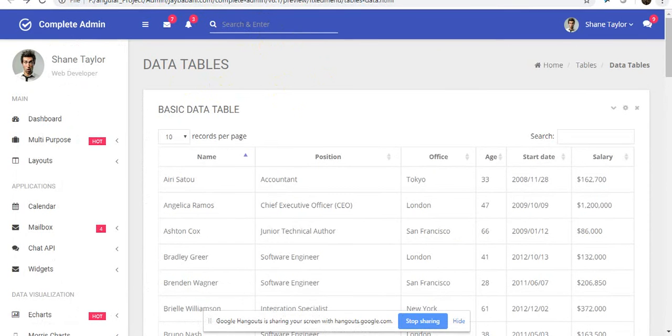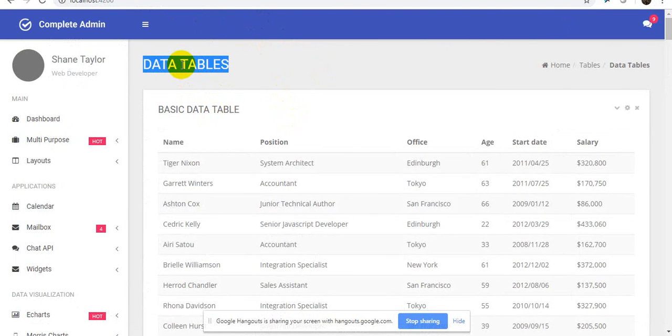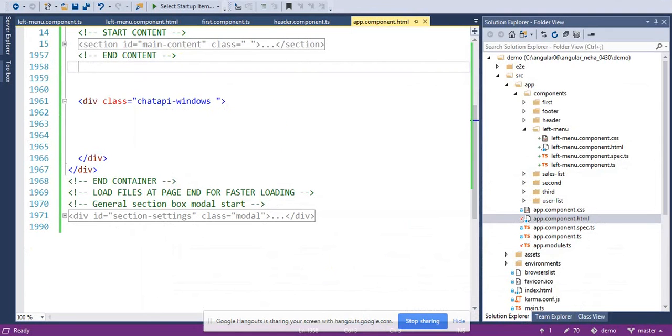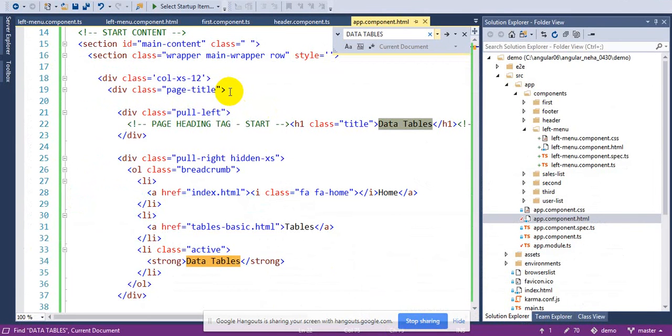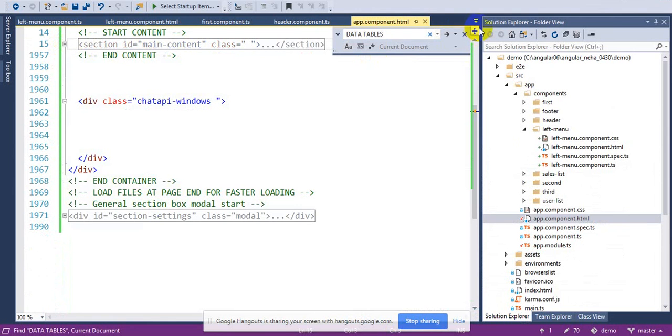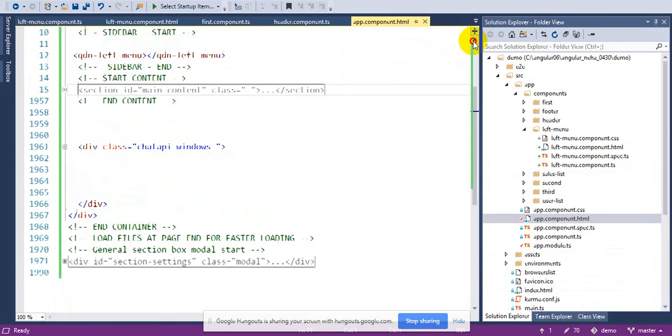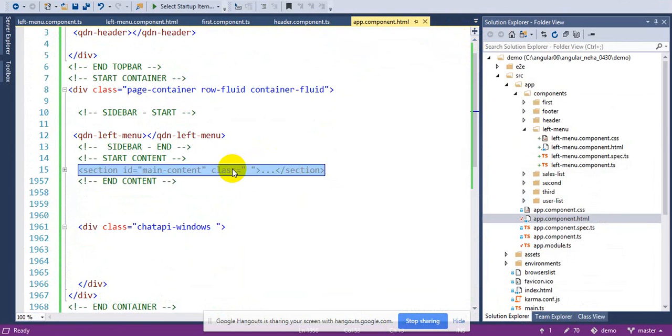We have to understand where these data tables are. So Control C, which is our main content. I will go here, Control F, Control V. This is the data table and this is the section ID main content, which we have to cut.